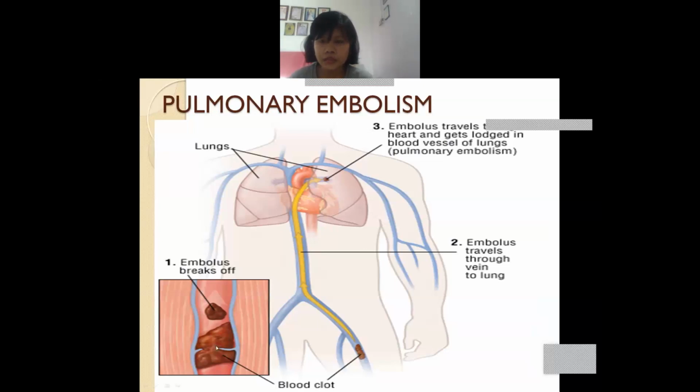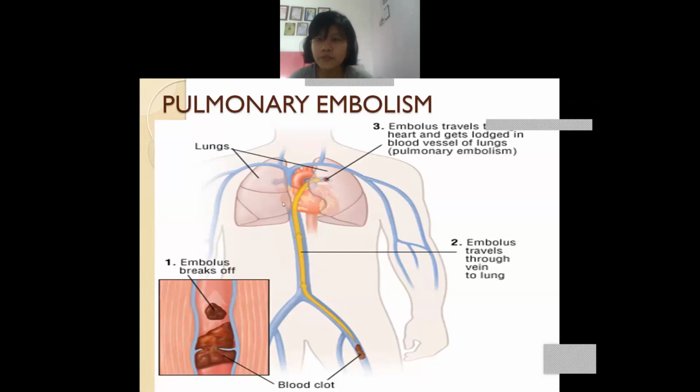Understand? So this blood clot will break. I mean, the part of the blood clot which is known as embolus. Okay, this is the blood clot. So what will happen? With the help of the vein, this embolus or else the blood clot will go upwards, in the upward direction. It will go, and when it reaches upside,